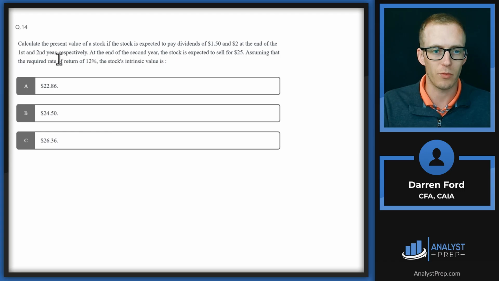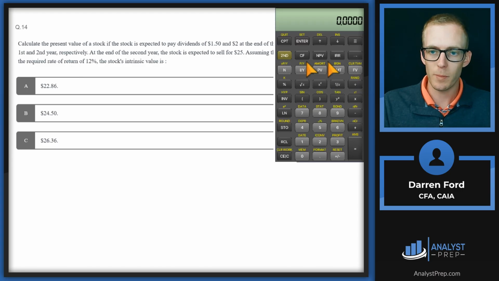$2 at the end of the first and second year, respectively. At the end of the second year, the stock is expected to sell for $25. Assuming that the required rate of return of 12%, the stock's intrinsic value is. So we'll be using the cash flows function on the calculator. I have these plugged in, so let's walk through. So we don't have a cash outflow because we already own the stock. We're just looking to use these cash flows and the expected sale price, and we're going to be discounting those back at 12%. So our cash flow 1 is going to be this